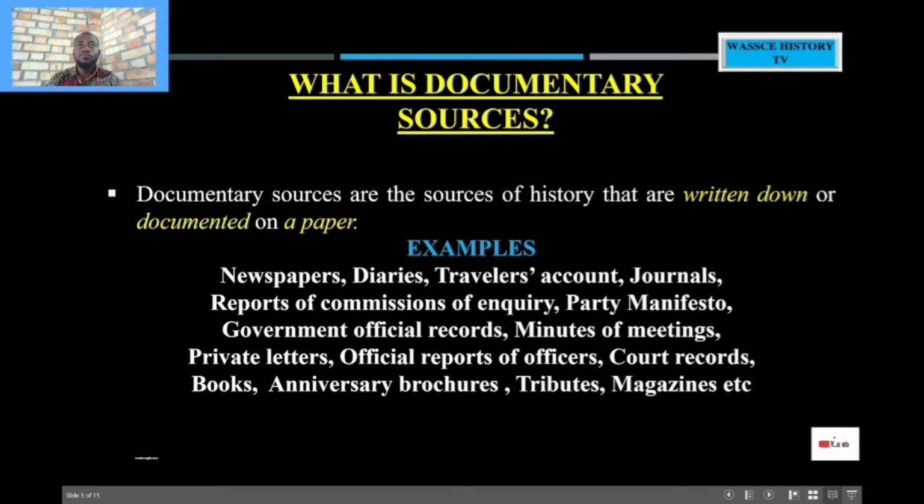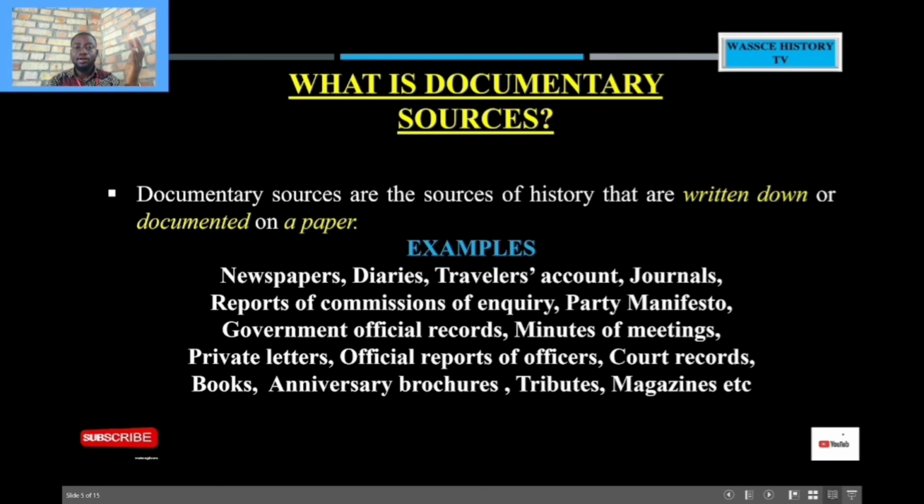All right. Most of the newspapers are also political-based newspapers, which mainly deal with politics, social issues, economic issues. And so when you pick a newspaper, it gives you information about what was happening at a particular point in time. That is why we say a newspaper is a source for writing what? African history. All right, diaries of important personalities like Mandela, Kwame Nkrumah, Sékou Touré, of course, Muammar Gaddafi will give you information into the life of such leaders. And we learn about these leaders.